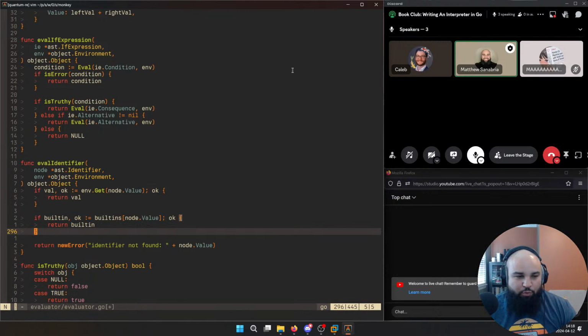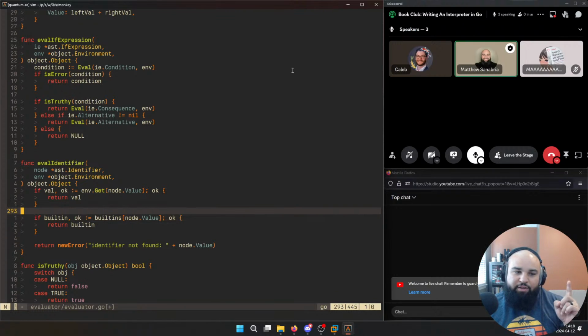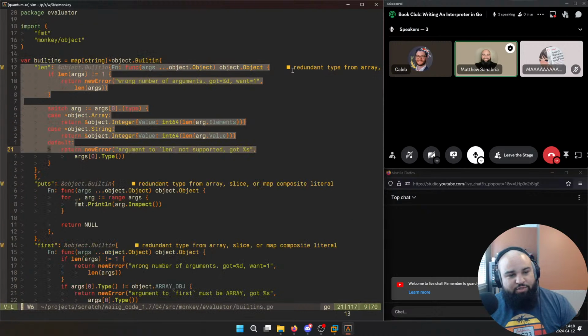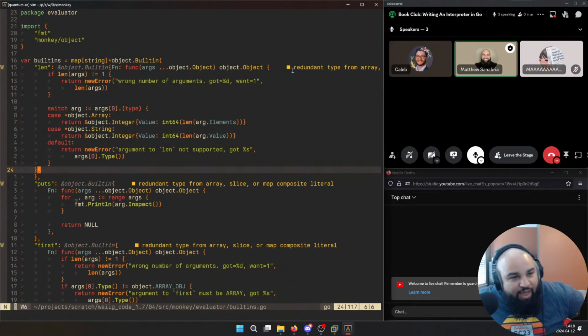So I thought that was cool, but it's also an odd behavior in my opinion, because this allows you as a programmer to override built-ins, which may or may not be something that I think this language should allow, but it looks like the author is allowing it. And I'll show you that in a sec. But all we had to do was make that map, add it to our environment, and now we have the ability to call built-in functions.